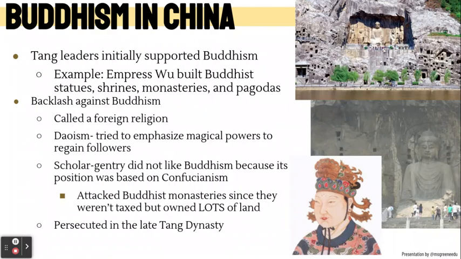Okay, now let's pause and think about this. The scholar gentry are the bureaucrats. So they have taken the civil service exam to get their positions. The civil service exam was based all on Confucianism. So their whole position and their wealth and their status depends on the government continuing to follow Confucianism. So when they see Buddhism becoming so popular, they feel threatened, and they don't like that. And so they came up with strategies to attack